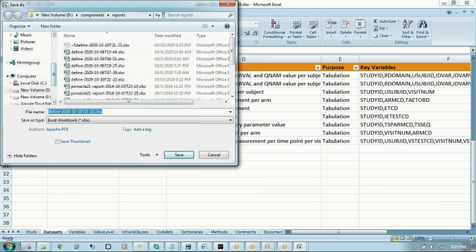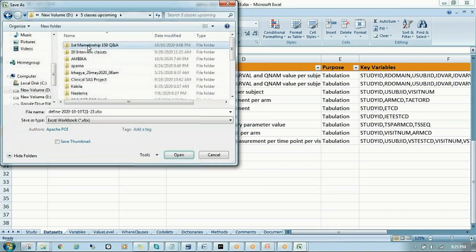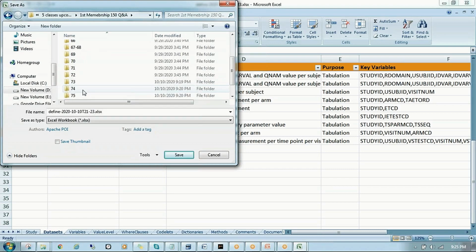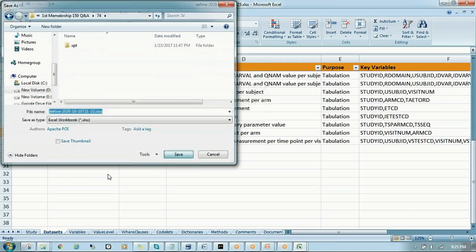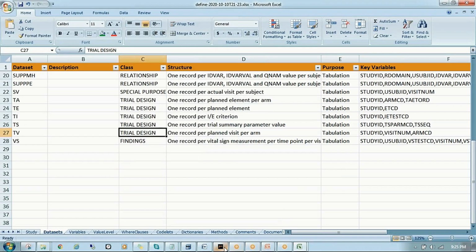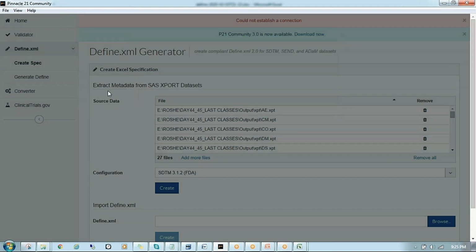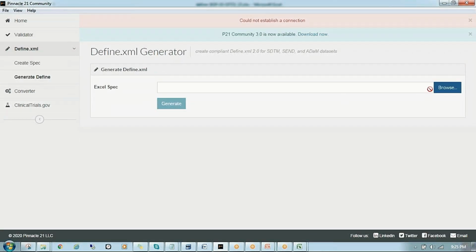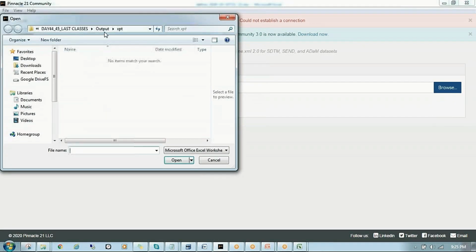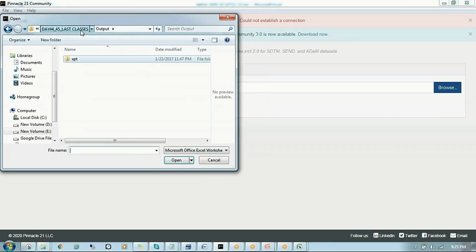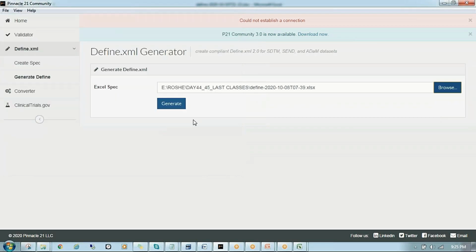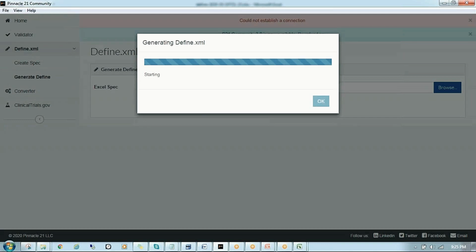Once you have completed it, you can save it. After that, you can close it and generate the define.xml. You can browse this file and generate the define.xml.